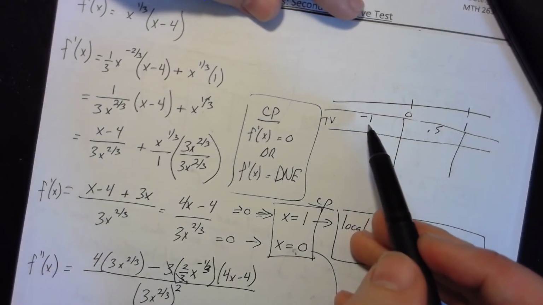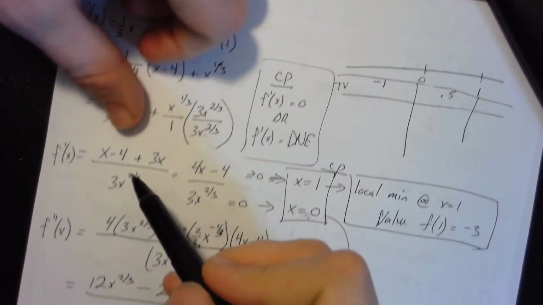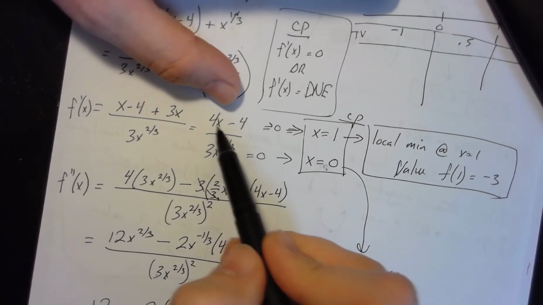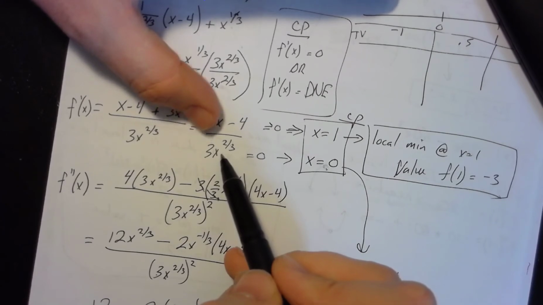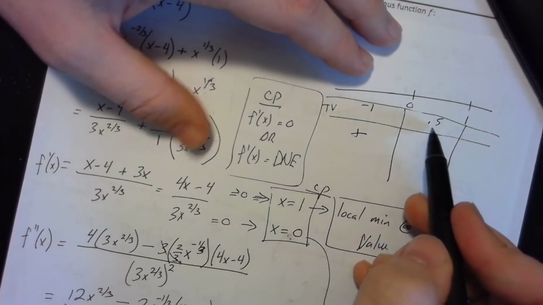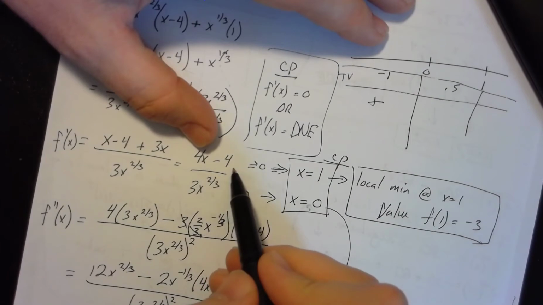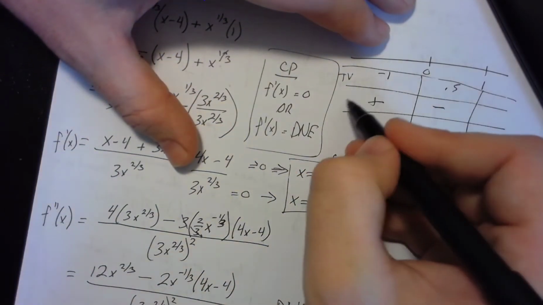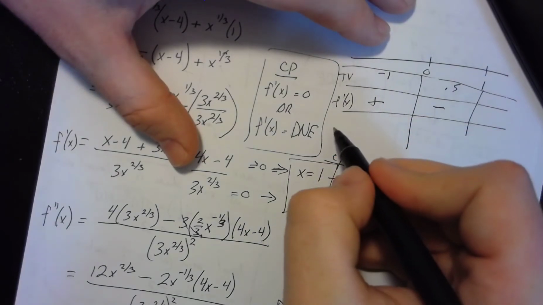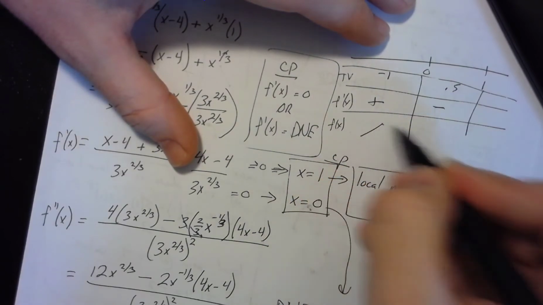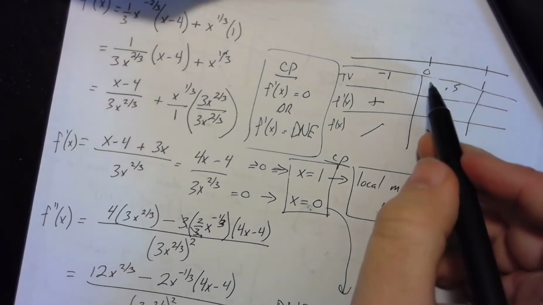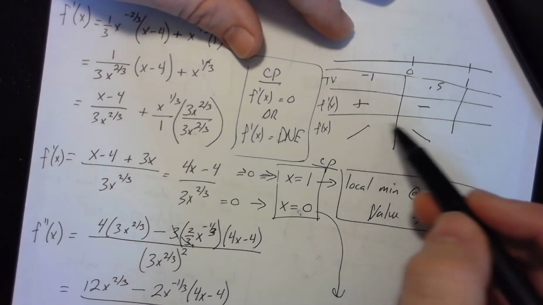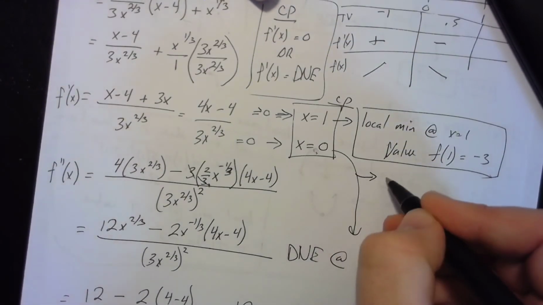So now when I plug in negative 1 to the derivative function, in simplest form possible, I'm going to end up with a negative value on top and a negative value on the bottom, which provides me with a positive. And when I plug in 0.5, very carefully, on top I'm going to get a negative, and on the bottom I'm going to get a positive, so that's going to be a negative. So that means that this is what the derivative function is doing, which means that the function itself, f of x, is going to be increasing and decreasing. And since 0 is a value that exists on this graph, that location right there is going to be a local max. So based on the first derivative test,